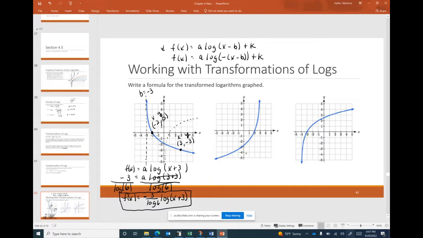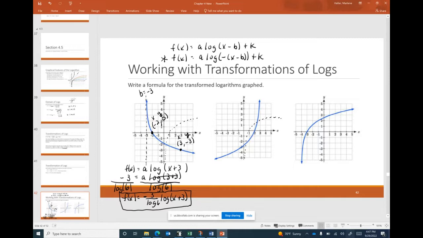Ooh, this one looks interesting. All right, let's think about our reflections. So there's what that logarithm would look like if there weren't any reflections. Do we have them? Oh yeah, I think we have 2 reflections. We have a vertical reflection and a horizontal reflection, both. Right? So our A is going to end up being negative here from the vertical reflection, but we've got a horizontal reflection as well. So now we want to use the second version of our standard form that accommodates that